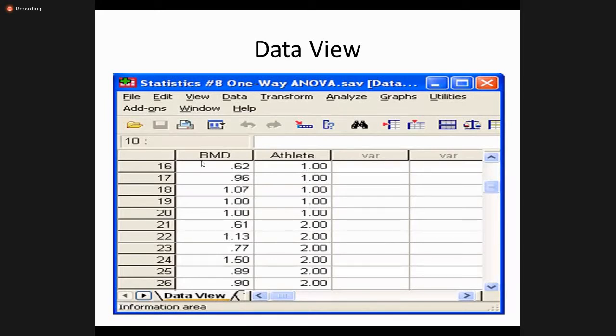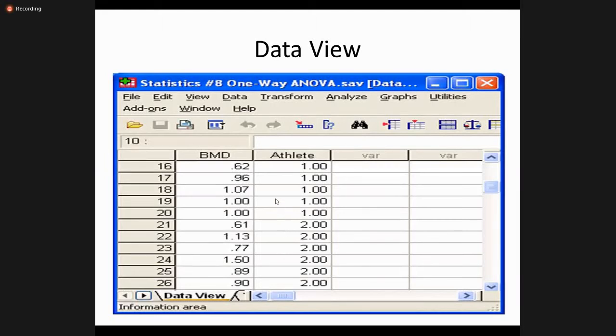Then you want to see the BMD, the bone mineral density, and you want to see which type of athletes has a difference in BMD. So in that case, BMD is the dependent variable, and the athletes are divided into three categories.